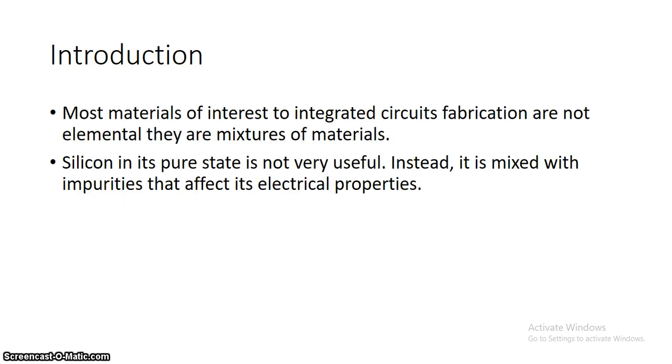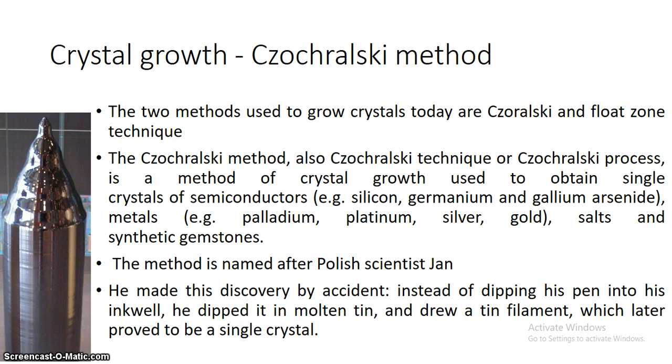Now we'll first check how an IC is made. A basic IC is going to consist of a silicon substrate, and that silicon substrate is in its pure form. Silicon in pure form is not very useful. Instead we merge silicon with some impurities. We dope it, which is known as doping, with either pentavalent impurities or trivalent impurities, to make it an N-type silicon or a P-type silicon semiconductor.